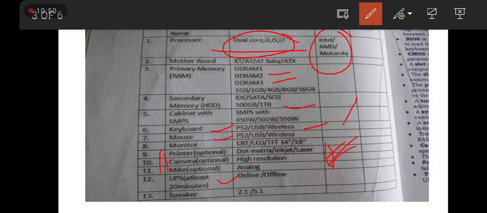Now UPS. So you can have UPS. UPS is uninterrupted power supply. We know that its capacity should be at least enough to run the computer, supplying power for up to 20 minutes, at least 20 minutes.